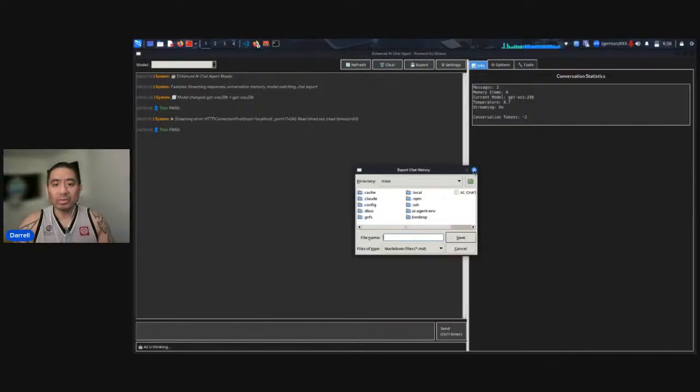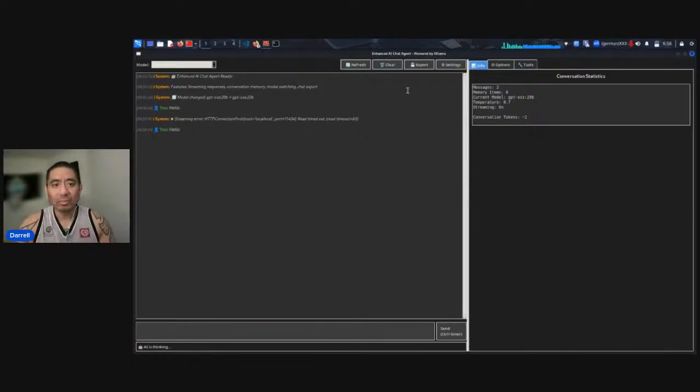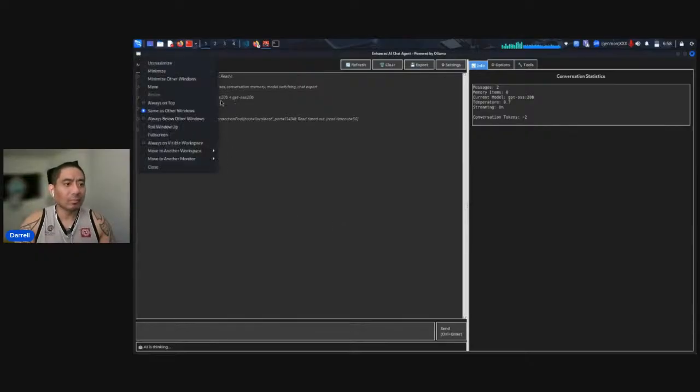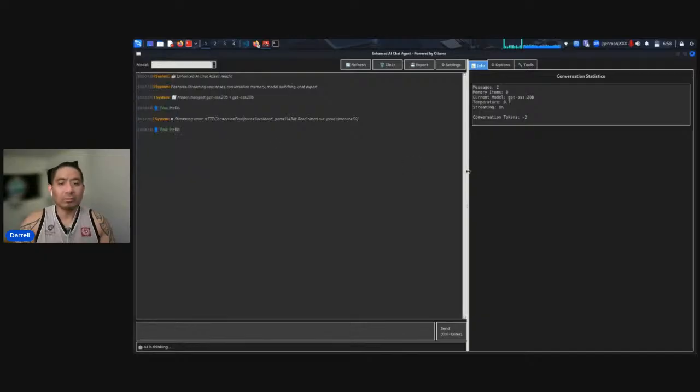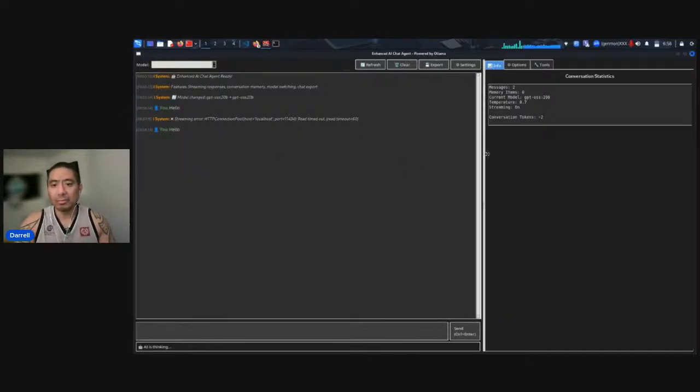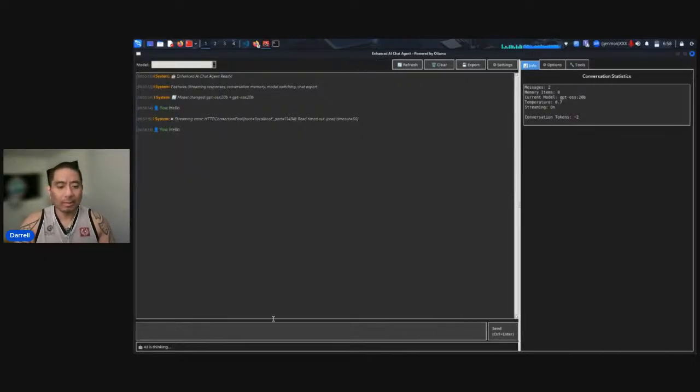Okay, so I could export the chat. I could clear the chat. Okay, so it's giving me all those options. We'll do 2 attempts and then we'll see what's next to do.